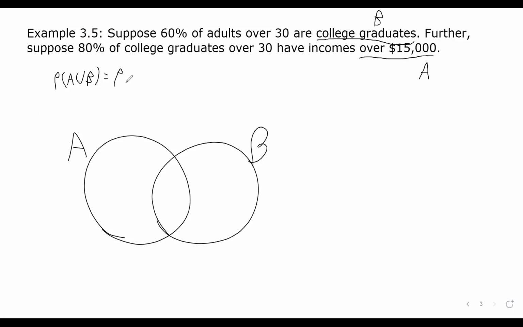There's nothing else. So this is the probability of A plus the probability of B minus the probability of AB, and this is 1. Now we have that this is equal to the probability of A, which is 80% or 0.80, from here, plus the probability of B, which is 60%,